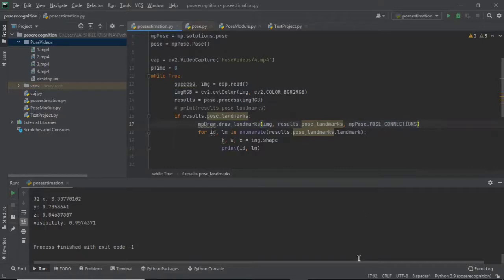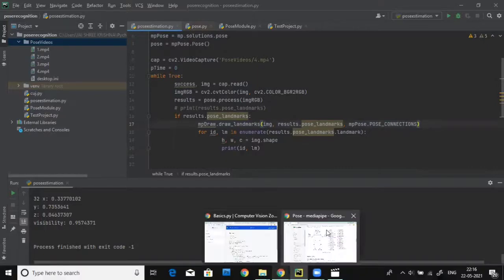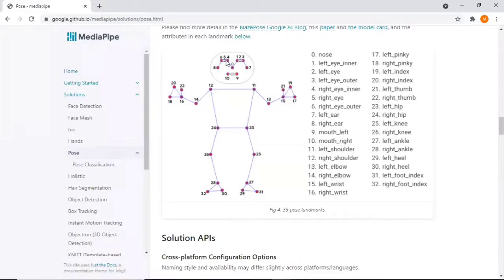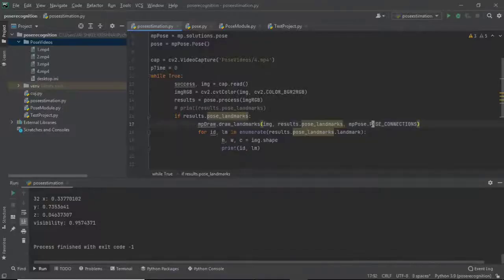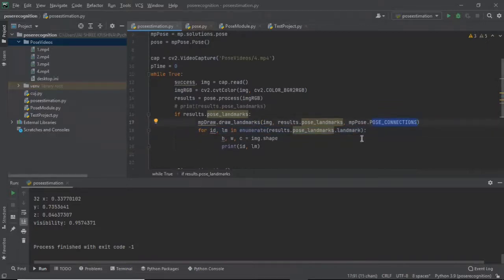We can see on the figure on the MediaPipe website that we get all these red colored points, but we will get only these points. We will not get the connections. In order to get the connections, we used the pose connection code. Now if we run this code, we will get all the points connected. So we will run this code and we will see.